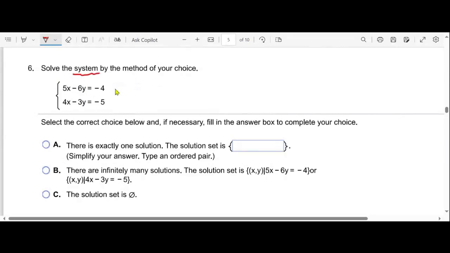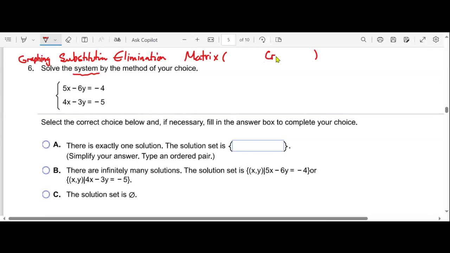Okay, this is a system of equations. How many ways can we solve a system of equations? We have graphing, we have substitution, and I think you have the matrix or Cramer's rule, one of them. We have elimination, and we can use the matrix as well. And the matrix has different methods, right? There are many methods. One of the methods is